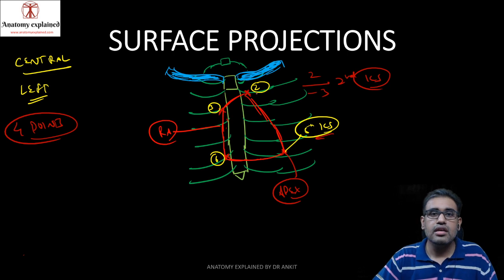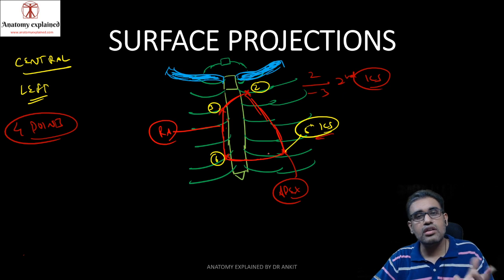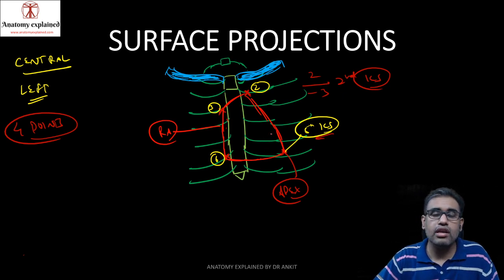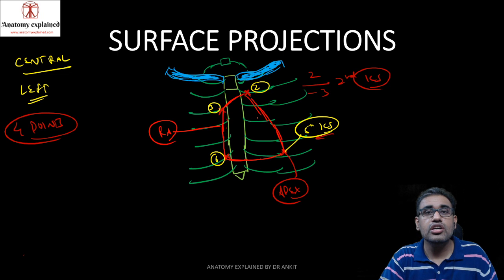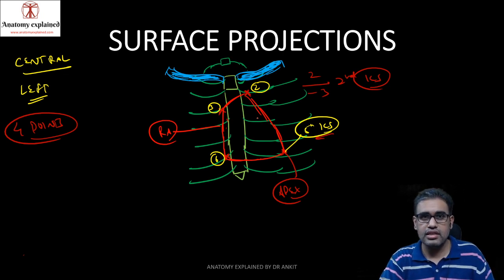I repeat again, 4 points. On the left side we have the second costal cartilage, on the right side your third and sixth, close to the sternal margin, and the fourth point is at the apex of the heart, which is in the fifth intercostal space, around the mid-clavicle line or just medial to the mid-clavicle line. So guys, this was all about the basic anatomy of the heart, which everyone associated with the medical profession should essentially know. Once you know this, only then will you be able to understand what follows.